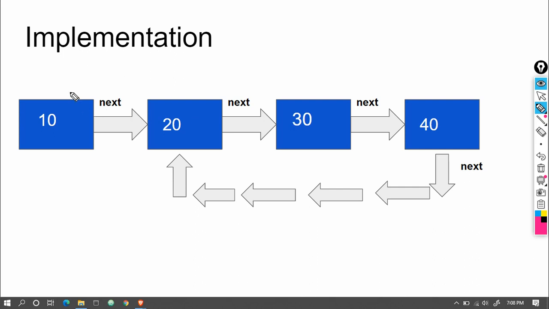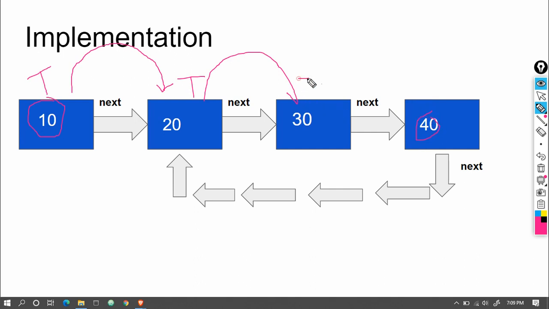As I told you, first of all, we set this to true and then move on to the next node. We check if the next element of this is true. This is not true, so we set it to true and move to the next node. Then we check if the next of this is true. The next of this is 40 and it is not true already.